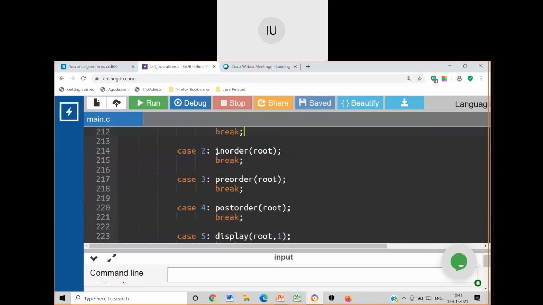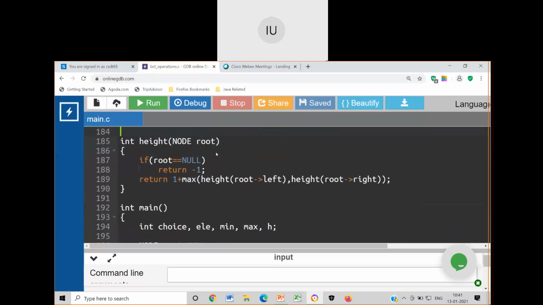Now I'll just go to the function height. It's a very simple function to talk about. Let me take an example and then explain this. Just pay attention. This is a recursive function call. Please note it down. Whenever root becomes null, return -1.